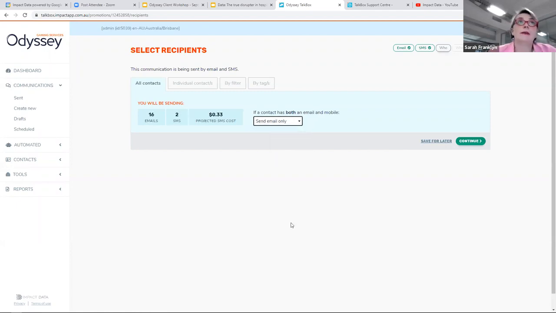But if I just want to send an email, that means there's 2 people in my database that only have a mobile number. So the only way I can talk to them is if I send them an SMS, right? Because I really want to talk to everyone. Or if I send an SMS only, there are 7 people that don't have a mobile number and only have an email address, so I have to send them that email. Hopefully that makes sense, and that helps you understand how you maximize your audience when you're trying to capture everybody. And one of the things I will show you is how to figure out in the database if there's people who are SMS mobile only.